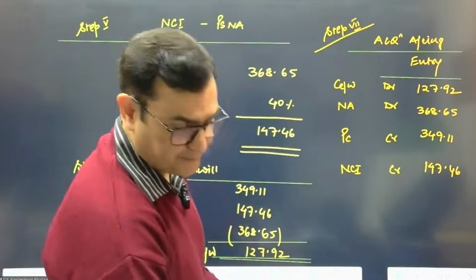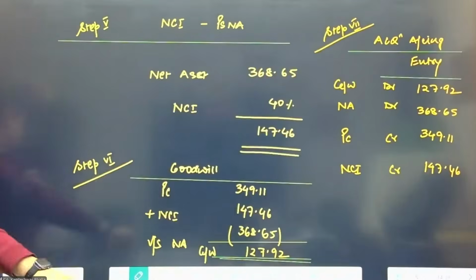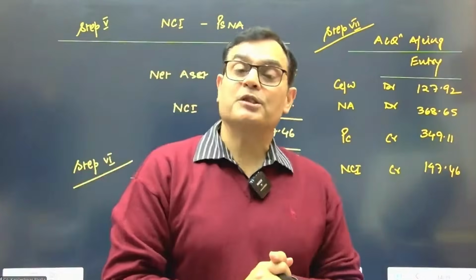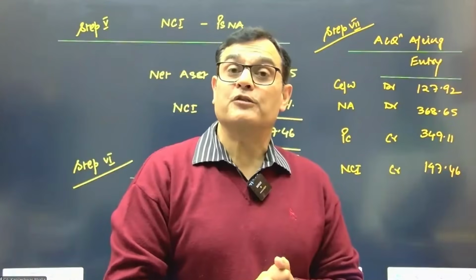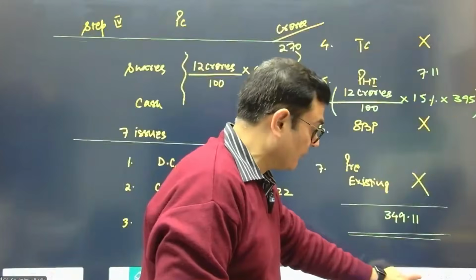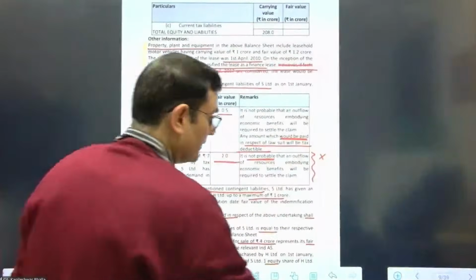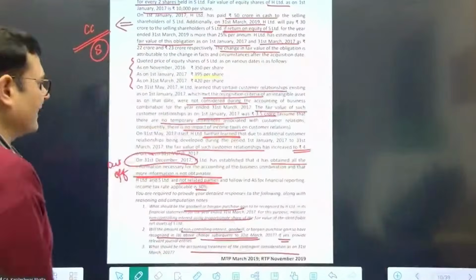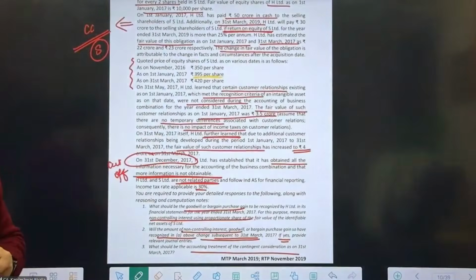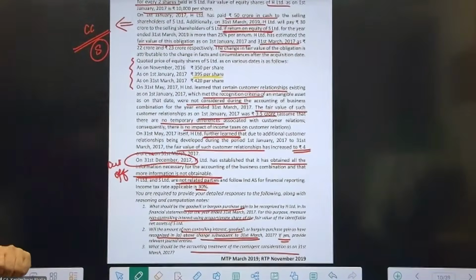Yes, it is tallied. But this does not complete the question as of now. We are just done with the acquisition accounting on the date of acquisition, 1st January. Let's come back now to the other requirements of the question. So it's not that bad a question actually, but we just need to be very, very proactive in terms of doing the calculations, I would say.